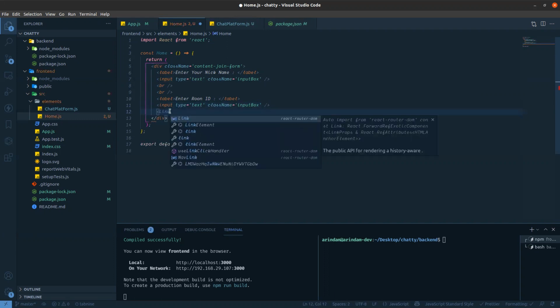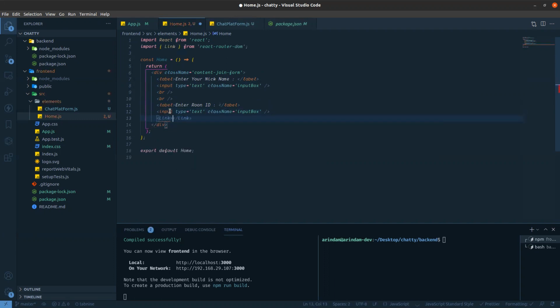In this button I'm wrapping with Link. This Link is provided by react-router-dom. It is actually a kind of replacement for the anchor tag. With an anchor tag, when someone clicks on it, it will just redirect and a reload happens. But for Link, that reloading is not happening. It helps to switch the route. So this is a Link, and we need to create a button like join or something, and this class name, not button, this class name should be button join. Okay, so this thing is already done.